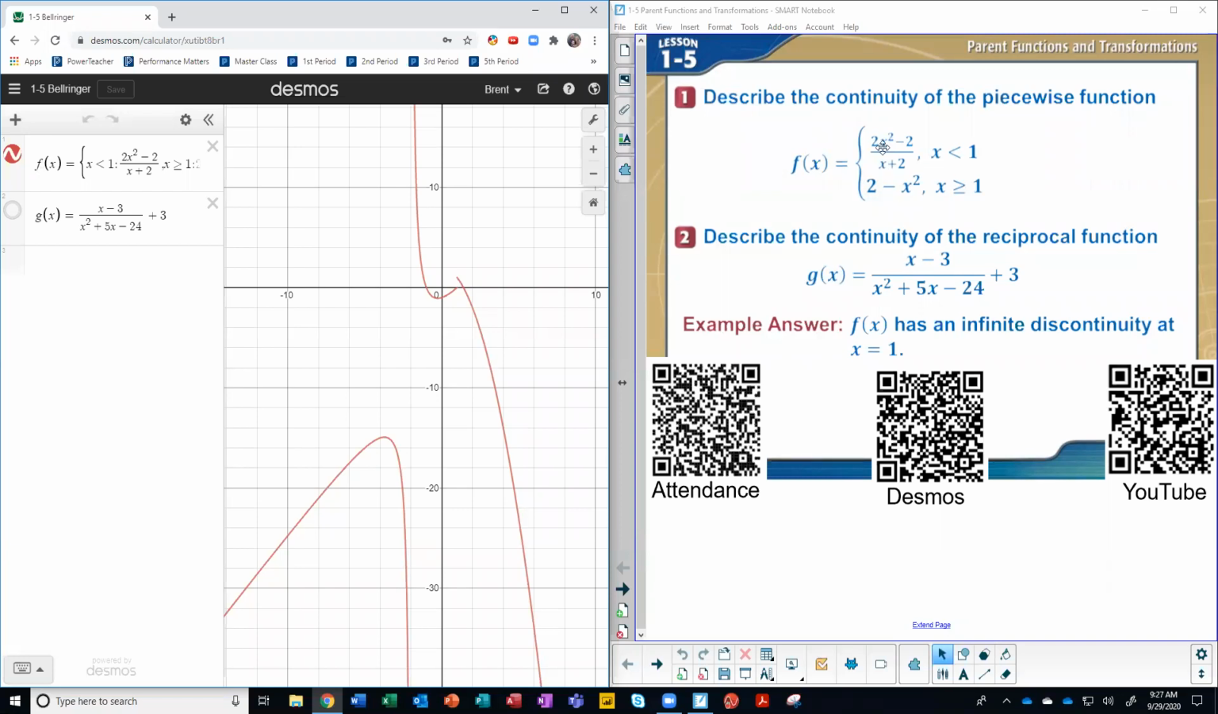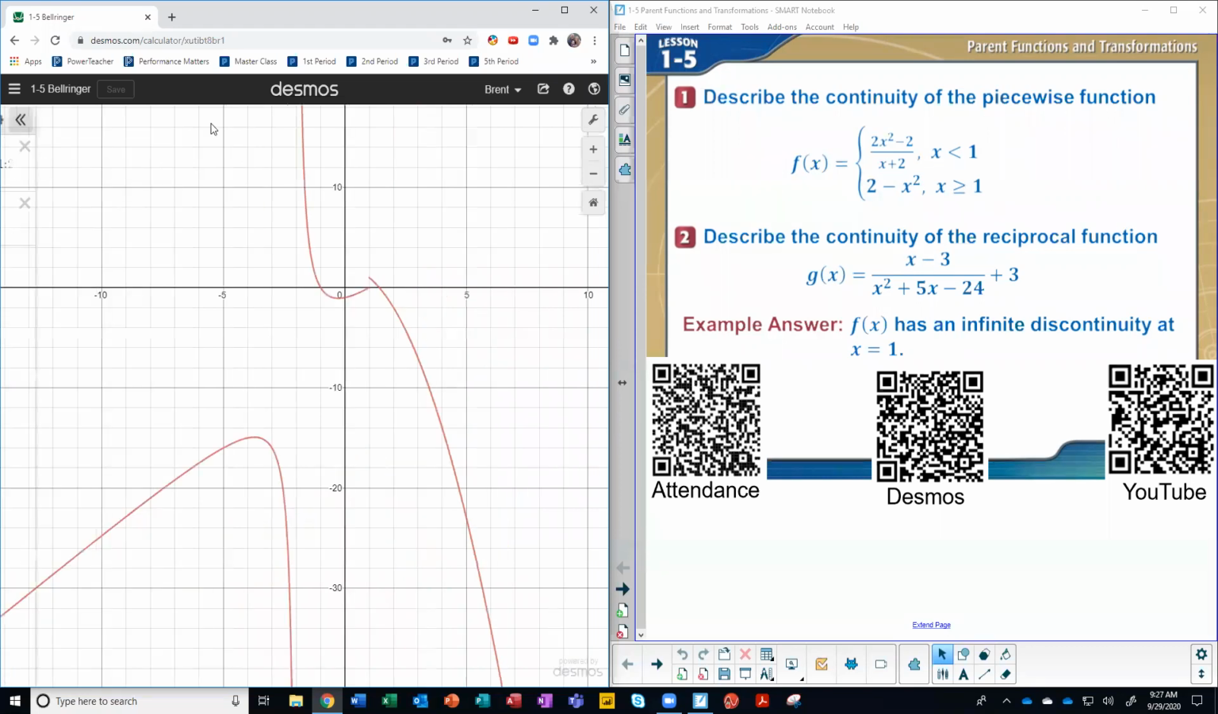So I'm looking at number 1. This is number 1, and we're supposed to describe the continuity. And so I'm going to ask some simple basic questions. I need a senior to respond, please. A senior here. Does this graph right here look like one continuous piece, or does it look like it's broken into multiple pieces? Multiple pieces. Okay,